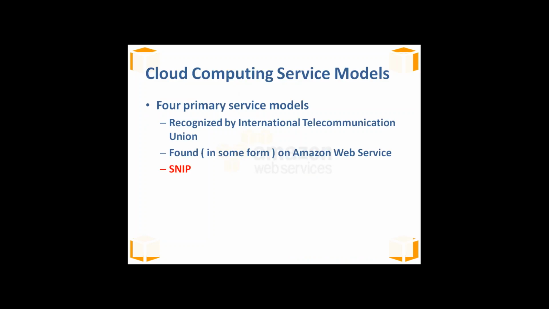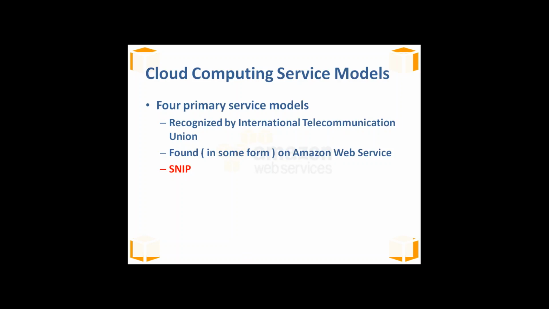Moreover, these are recognized by the International Telecommunication Union. I give a small word, SNIP, to remember these four primary service models. The S indicates software as a service, the N indicates network as a service, I indicates infrastructure as a service, whereas P indicates platform as a service.